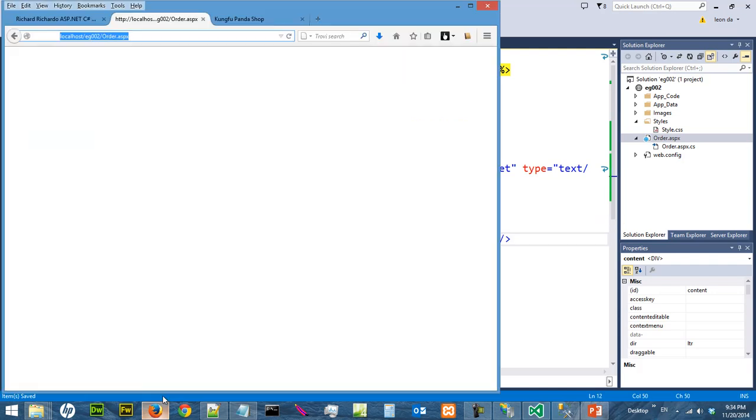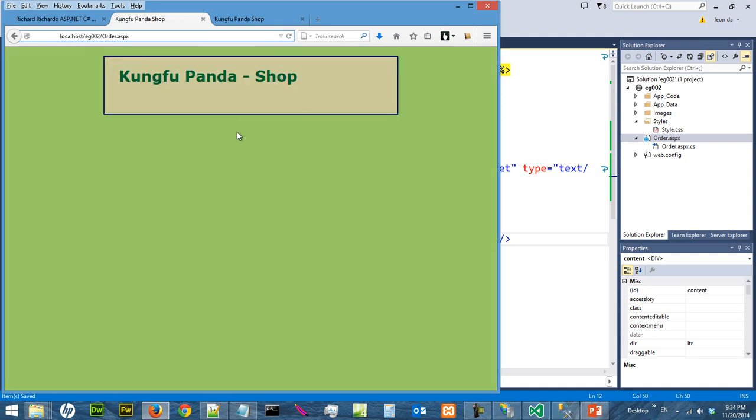And let me come over here and reload. Alright, so you have a Kung Fu Panda shop to work with. Okay,